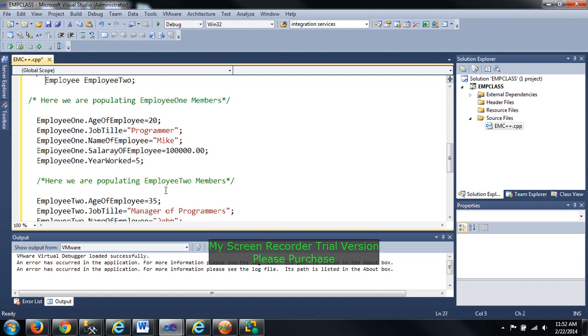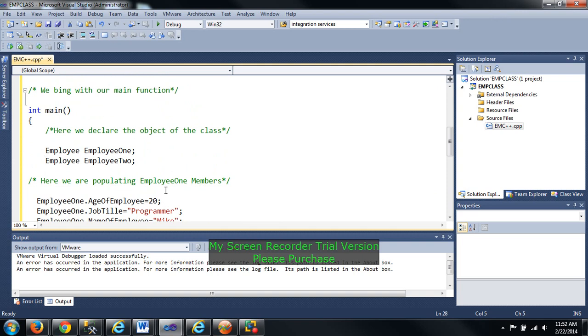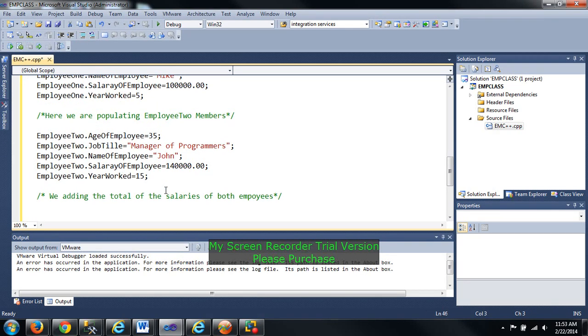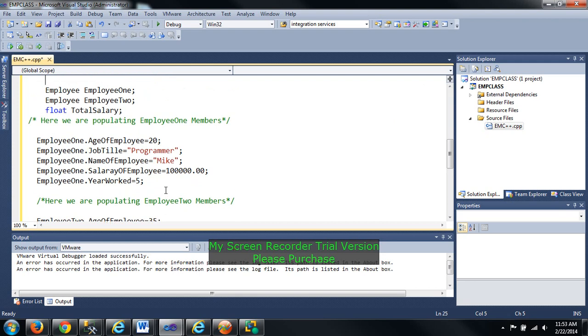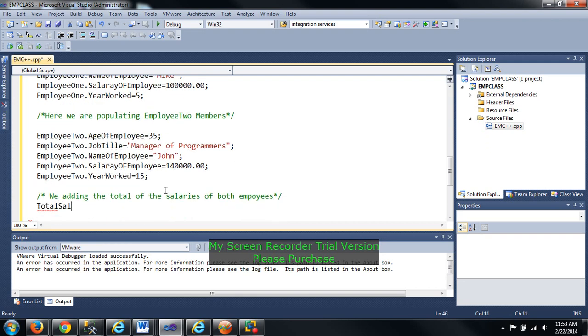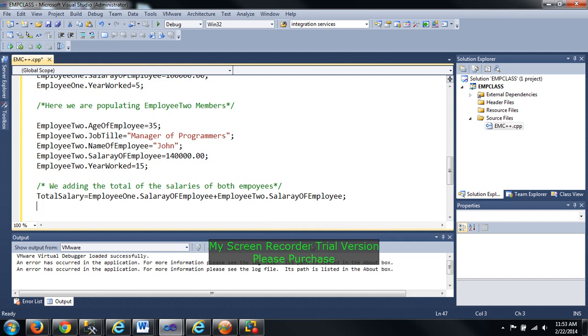So to do that, we need to declare another variable, total salary, and we're going to make it of type float, and then down here we're going to say total salary equals employee1 salary of the employee plus employee2 salary of the employee, right? And then we're going to type a statement here,